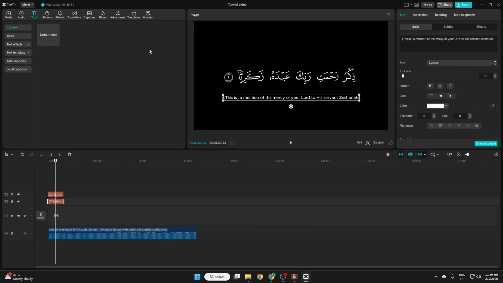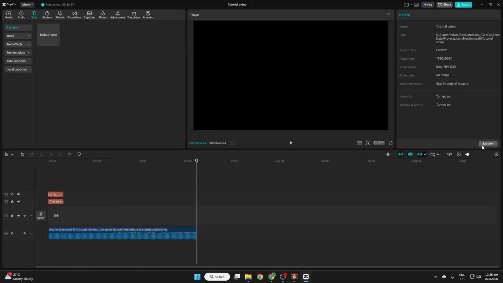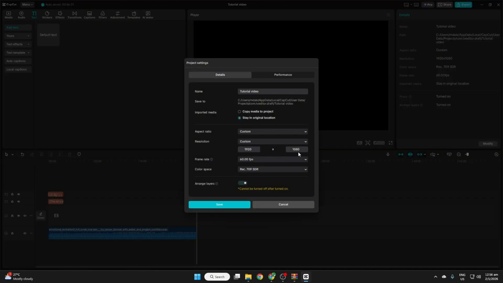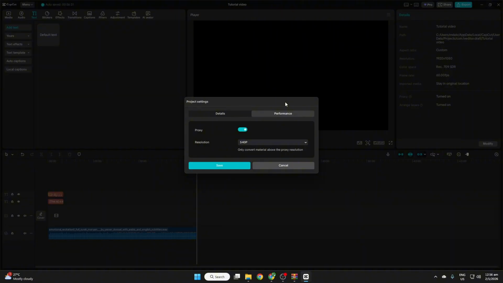Then the last thing you need to do is just make sure your presets are on, such as here. So I'm using 1920 by 1080 for my resolution, and make sure you name your video. You make sure your frame rate is at the right settings. I'm using 60 FPS. And then your performance, if you want a cleaner, smoother editing